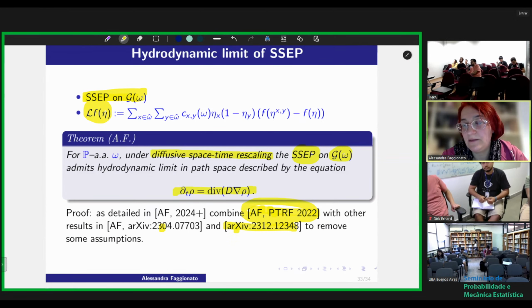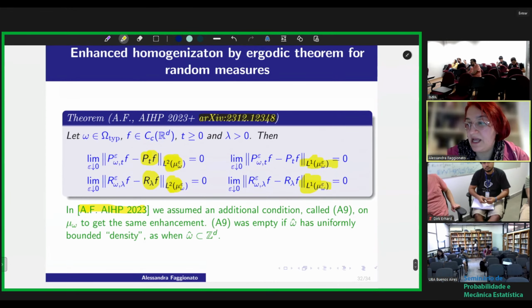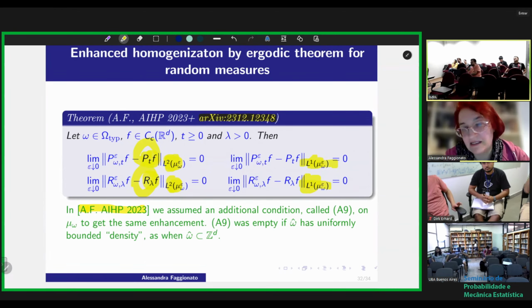Yeah, I agree. But the fact that I was motivated by this application, so this function here, they decay faster than any polynomial. On the other hand, by using Tempelmann and Schulman, I had to impose the assumption that my simple point process